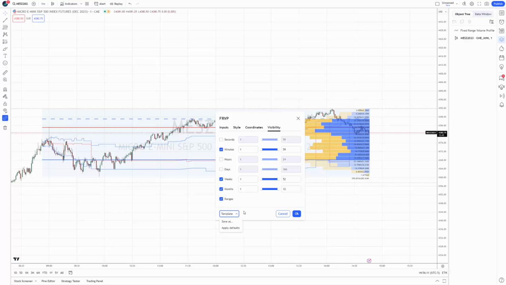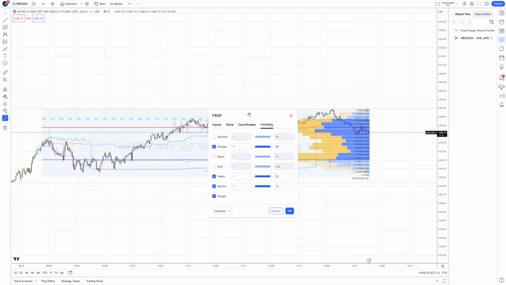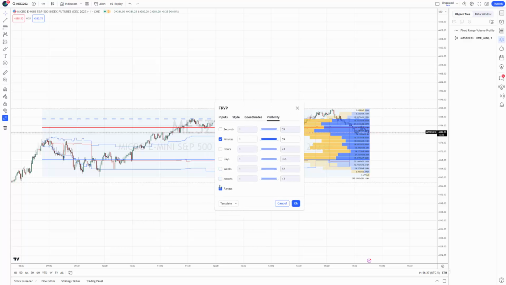One thing that is good to mention, which I didn't mention in the last indicator: if you use the same indicator often and across multiple instruments or multiple charts, you may want to consider applying a template. You can name the drawing template whatever you like. For me, I can name this based on my customization here. I can name this a 1 minute FRVP, and I know that's the 1 minute